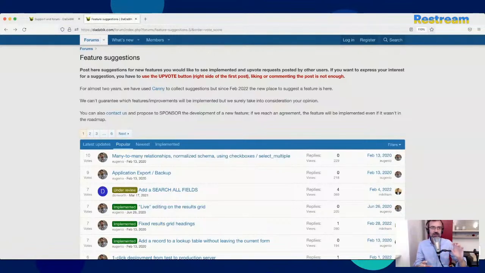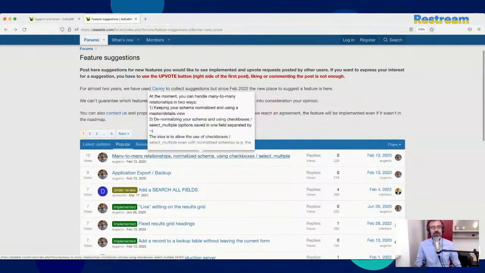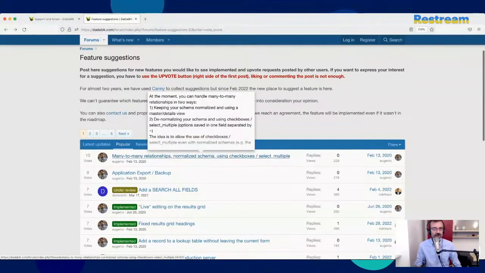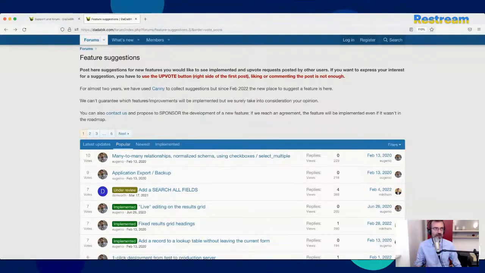The user only sees the field author in the books table, and DaDaBIK, behind the scenes, does everything. This would be awesome, but it's very complicated. So I'm not sure if I will implement that because it requires a lot of coding.